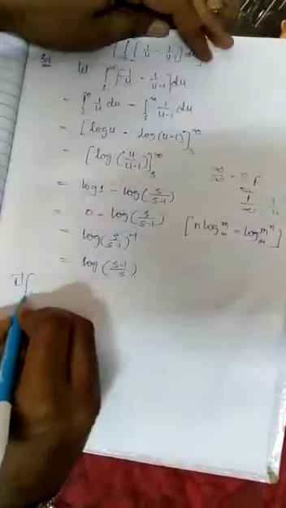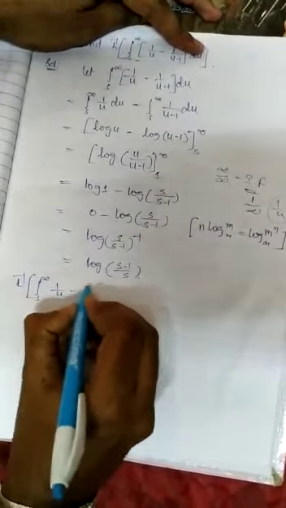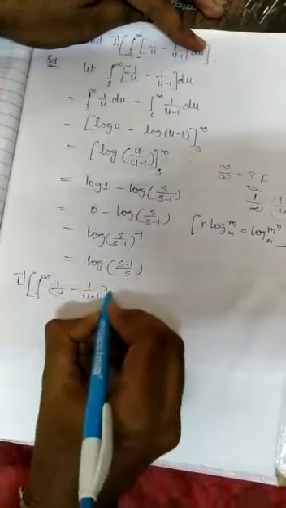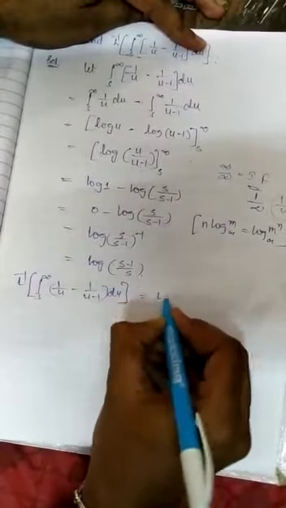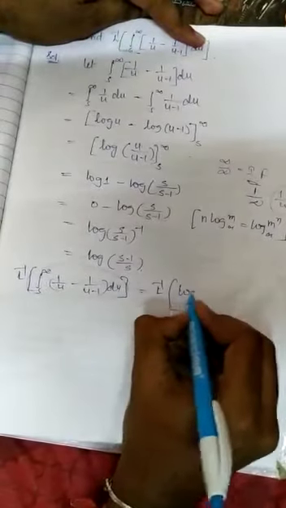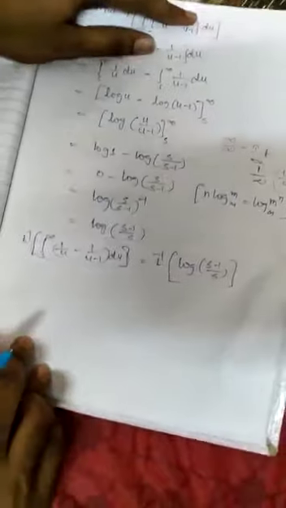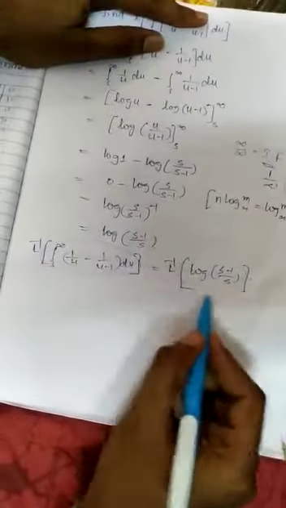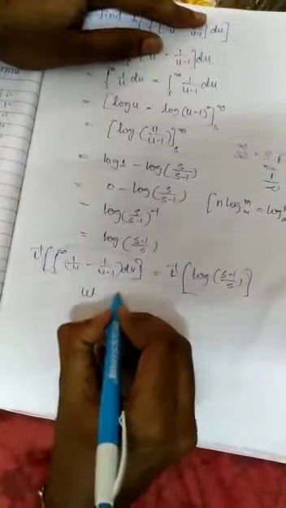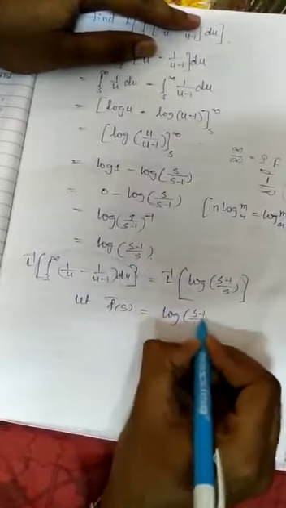So Laplace inverse of integral s to infinity of 1 by u minus 1 by u minus 1, du. We can write this term as Laplace inverse of, this total term is what? Log of (s minus 1) by s. Okay, now consider this total term as f bar of s. Let f bar of s equal to log of (s minus 1) by s.